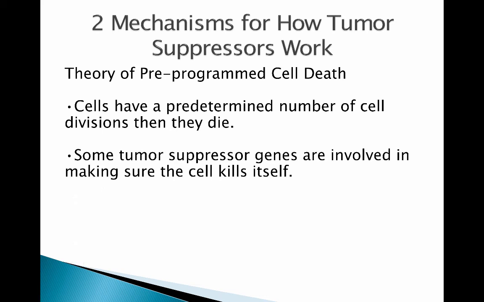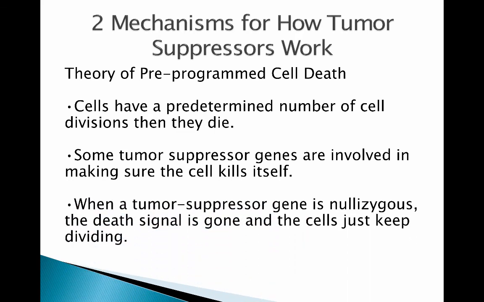Well, these tumor suppressor genes that are involved in pre-programmed cell death, basically somehow they sense that the cell has divided so many times, and they turn on this apoptosis pathway, which basically causes the cell to kill itself. So when a tumor suppressor gene is nullizygous, that's a fancy word, it just means homozygous recessive, the death signal's gone. So if that signal's gone, cells that normally maybe would die after 40 cell divisions don't die, and they